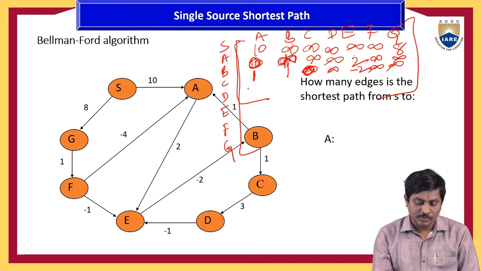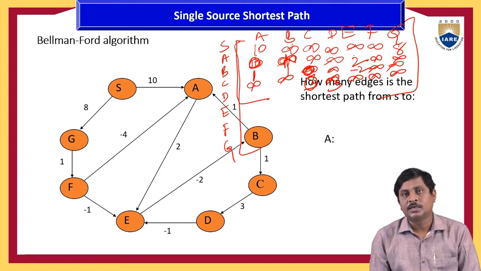Similarly C to A there is no direct connection. C to B also there is no direct connection. C to D 3. C to E there is no direct connection, unknown value. C to F there is no direct connection. C to C 0, C to D 3, C to F, C to G also there is no direct connection. This is also unknown value. So like this, first of all we write the adjacency matrix.